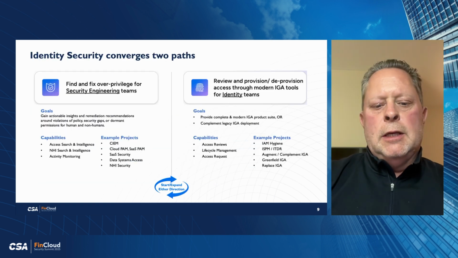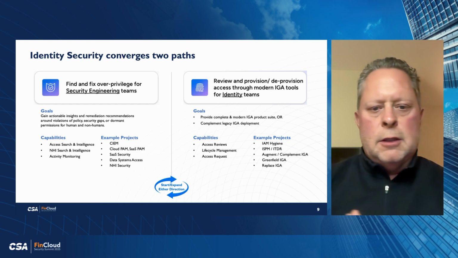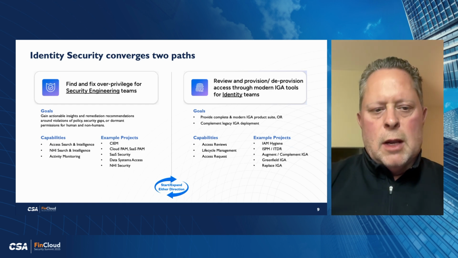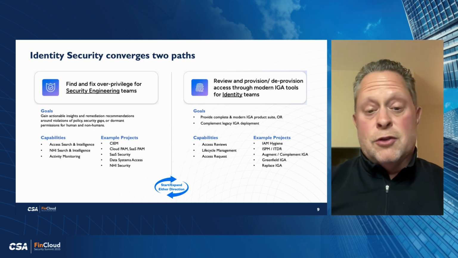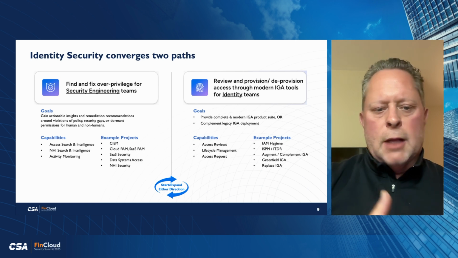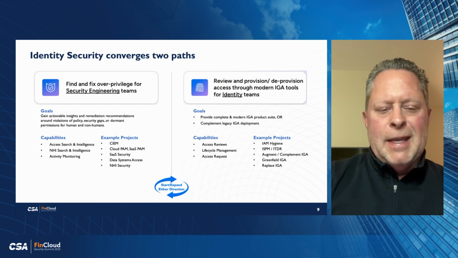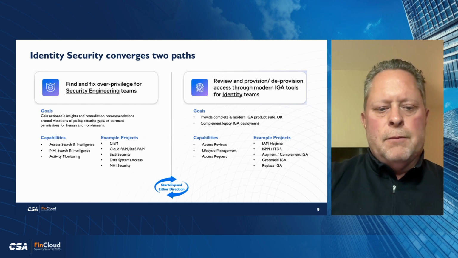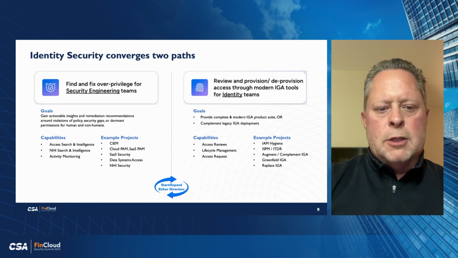Another piece that we're seeing and what we're rallying around here is recognizing that identity security converges on two paths. There's the security path and then there's the governance path. What I mean by that is, in many of our organizations, maybe we deal with this in different organizations, so it's important that we recognize how these two groups, these two functions, these two mindsets need to come together. If you think about all the complexity and variability I mentioned, your identity and your permissions in aggregate are a significant piece of your security posture. So your attack surface is based on the level of permissions that all your identities have.